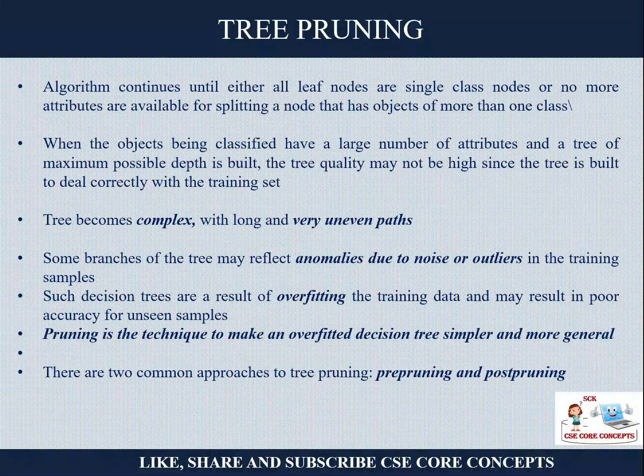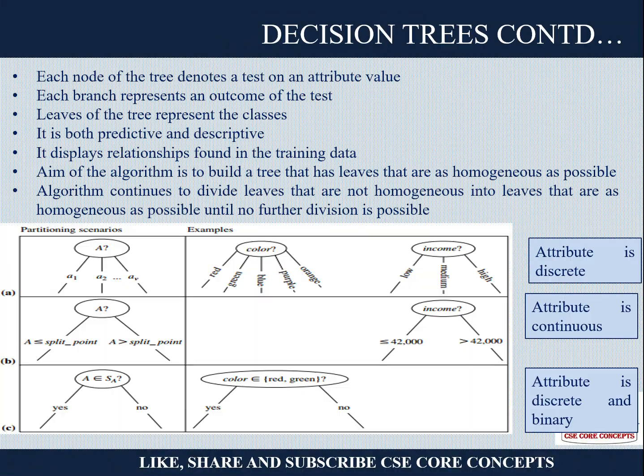Now there is an important thing. Whenever you are creating the trees, you can go on splitting. Let's say I have 50 attributes, and based on those 50 attributes I am splitting the values. Let's say I have some continuous values like income, age, and so on, and I can have 4 or 5 splits. In this continuous attribute, income, I can create multiple splits: less than 10,000, between 10 to 20,000, between 20 to 30,000.